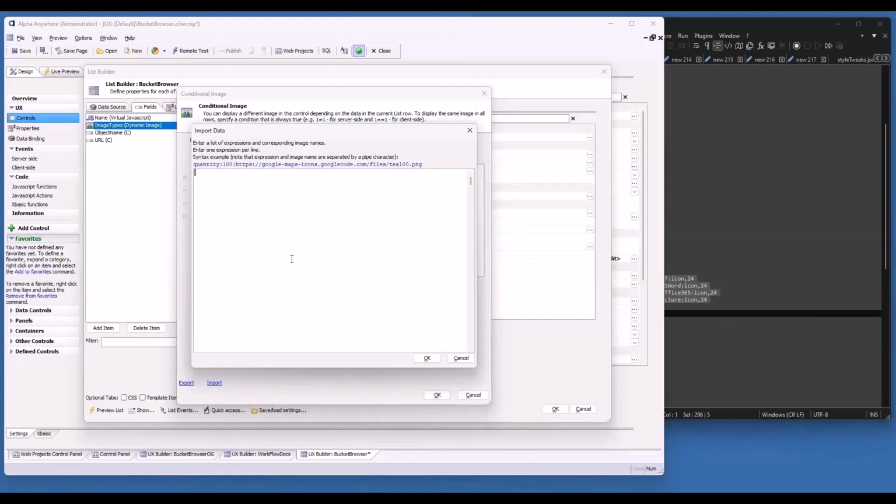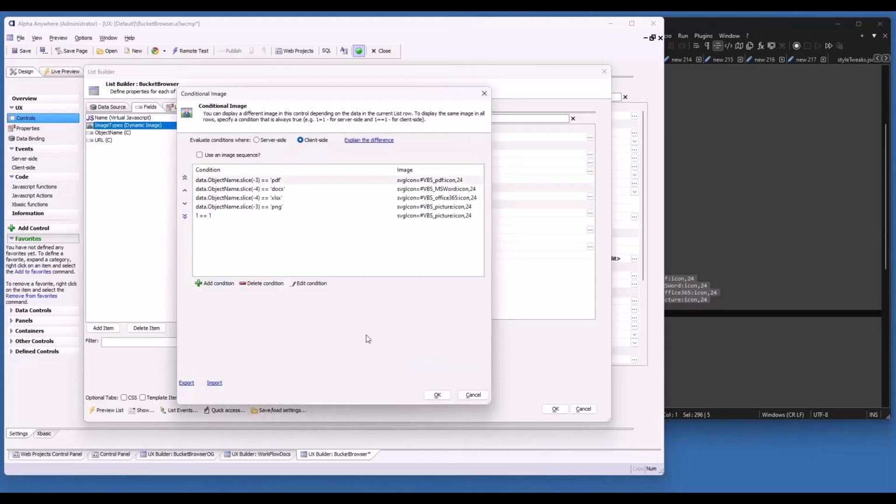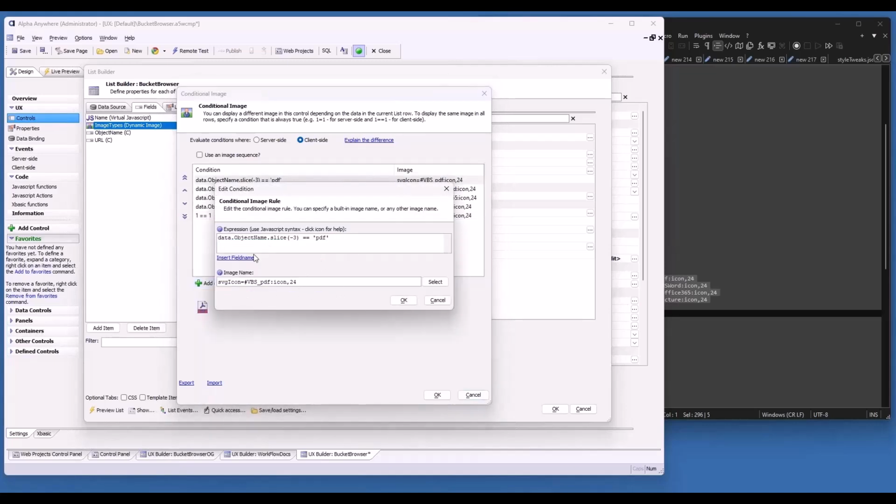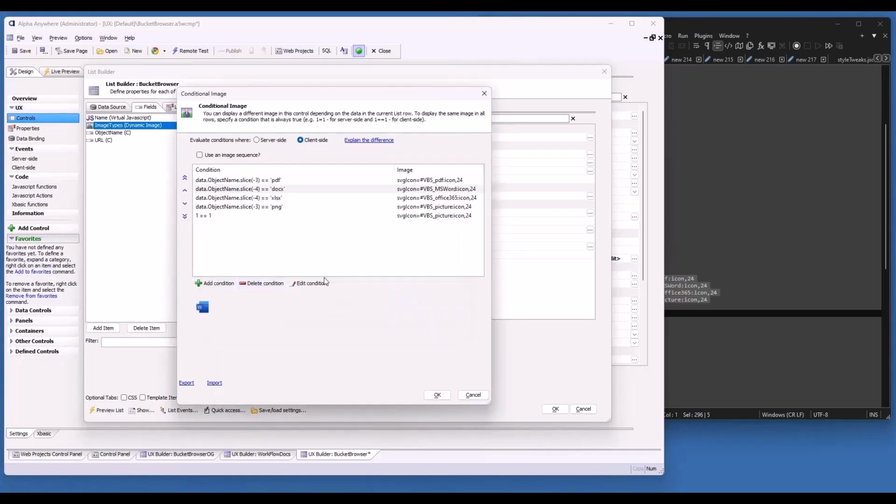So I'm just going to say import. I'm going to put it here. I'm going to load it. And so let's see, you can see now how the pictures are there. If I click on a PDF, I get that icon. If I click on a Word doc, I get that. If I click on Excel, I get that. The PNG is that. And then this is the default, which is just the picture. So you can see how that works. And if you open it, you can see what it's doing. It's just saying, give me the last 3 characters there. And if it's PDF, then let's show that image. And here it's saying, let me